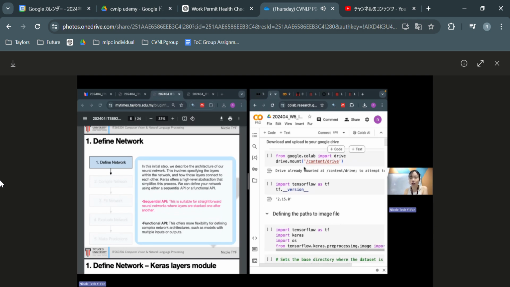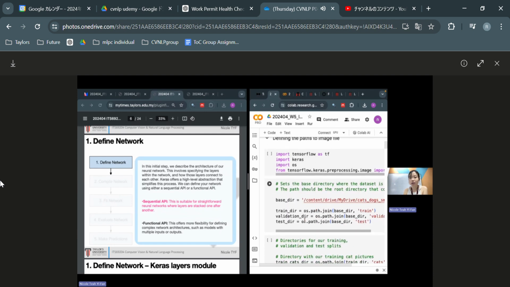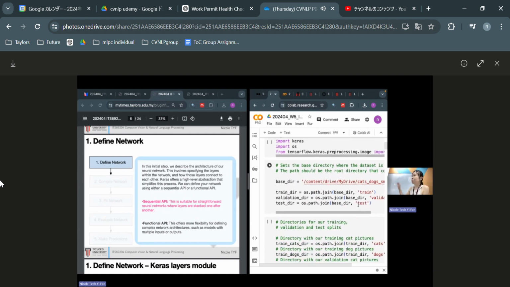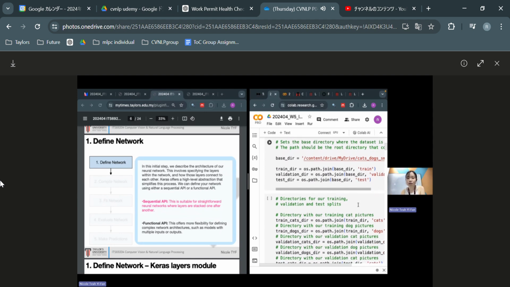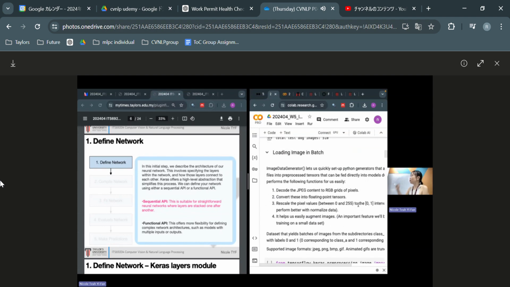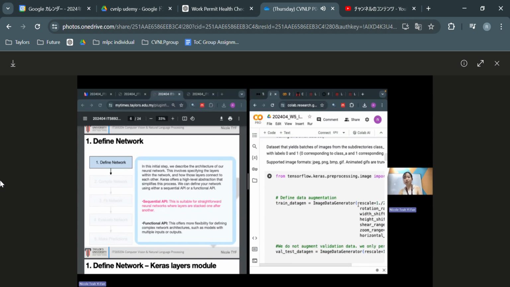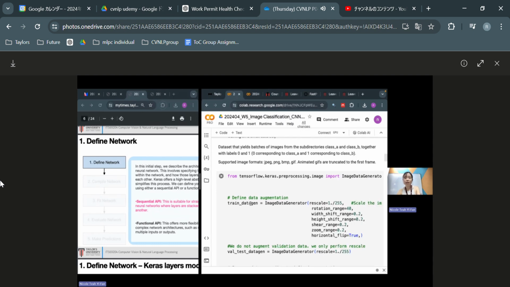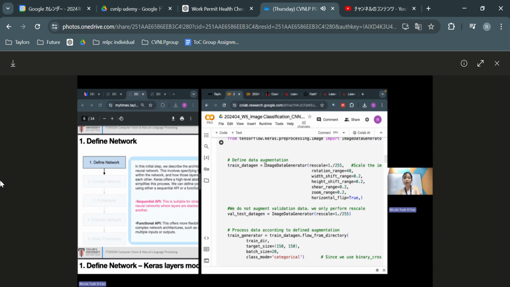So we will be mounting our drive and also defining all the paths. After defining the paths, what we need to do is to load the images and augment the images. In terms of augmentation, last week we looked at how to use the image data generator